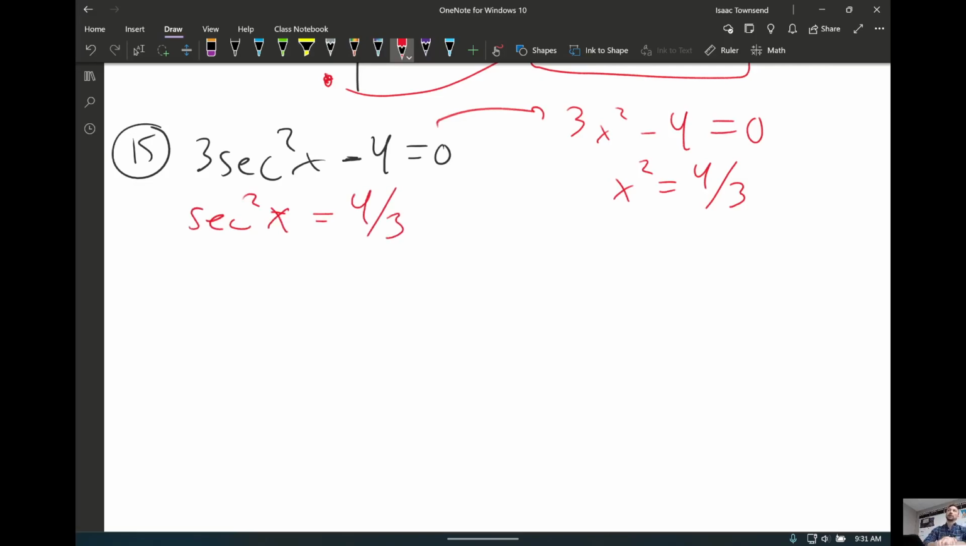Undo a -4 and undo a ×3. Then you can ask yourself, what's the next step over here? Would be take the square root of both sides, and just like in your notes,